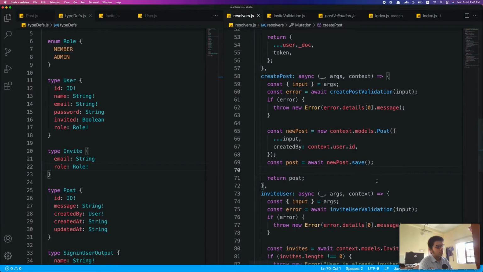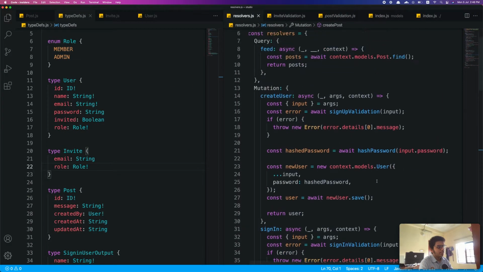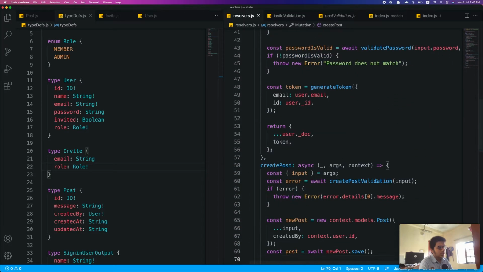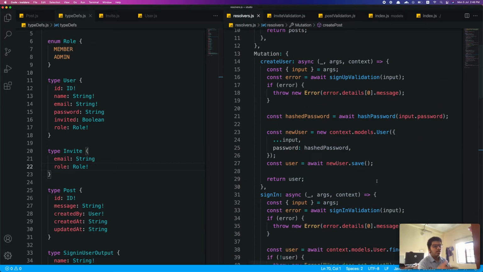So let's go to sign up. So in a normal case, when the user is invited, you would have to send an email to that invited user, and he will click on a link and he would come to the sign up page and then sign in, and you would run all of these mutations. But right now we don't have a client and all those stuff, so we're just doing it